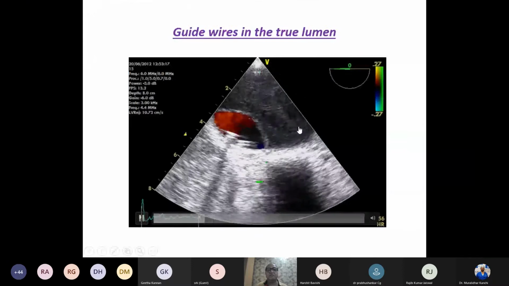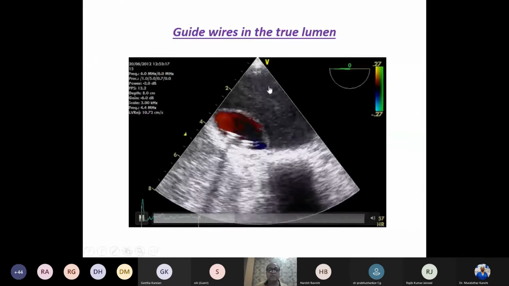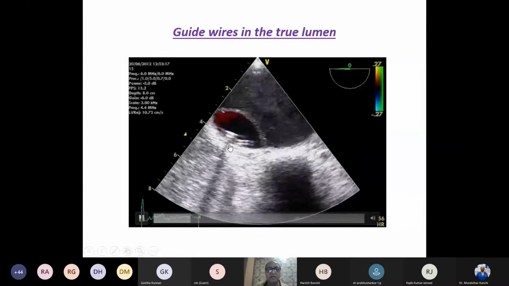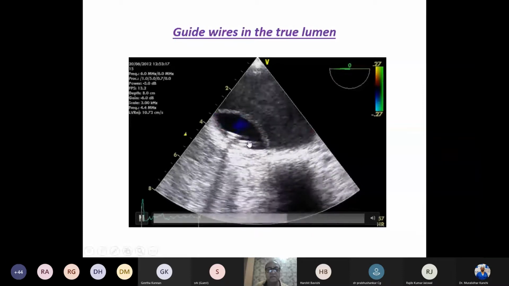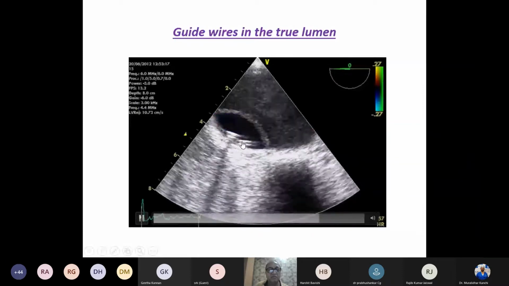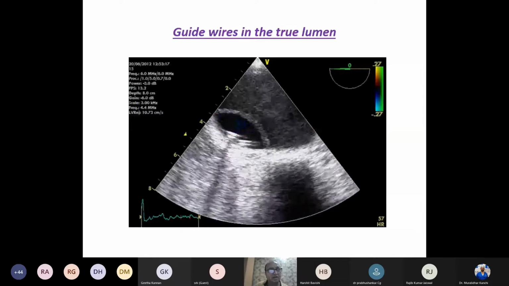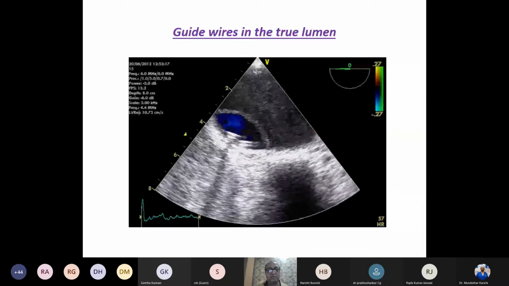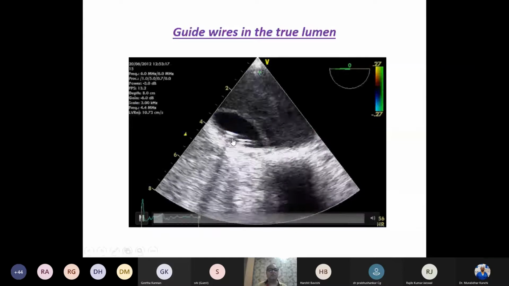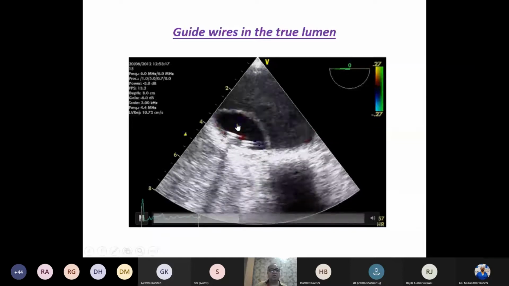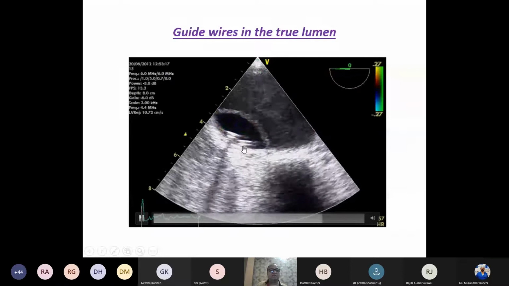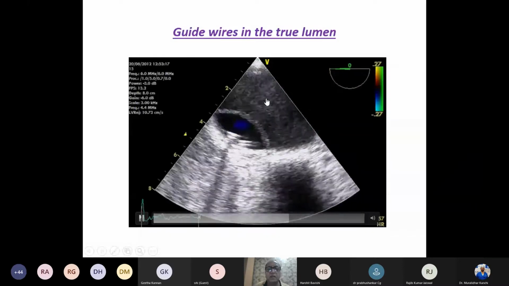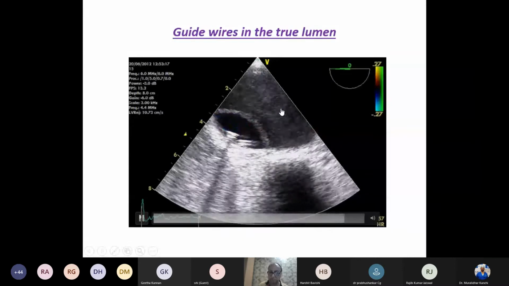This is the descending aortic short axis view. You can see this is the false lumen. I can see the color flow Doppler in the true lumen. And you can see the two guide wires being placed there. So here you can be sure that the guide wires are in the true lumen, and probably it is very safe to dilate or place the endovascular stent in place. So this is very important for us to see a good color flow Doppler and the guide wires being seen in the true lumen. I hope everybody can make out the spontaneous echo contrast in the false lumen.